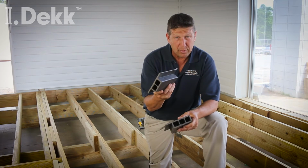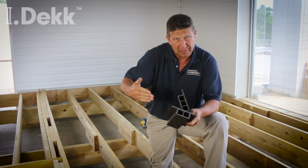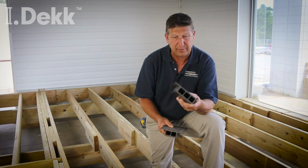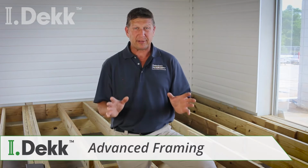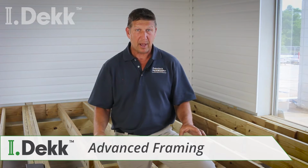This is a feature strip which will allow us to build long decks without having butt joints. And this is our perimeter strip, which is going to allow us to picture frame in complementary colors or using the same color. Okay, in preparation for installation of a picture frame or a perimeter strip, we have to prepare